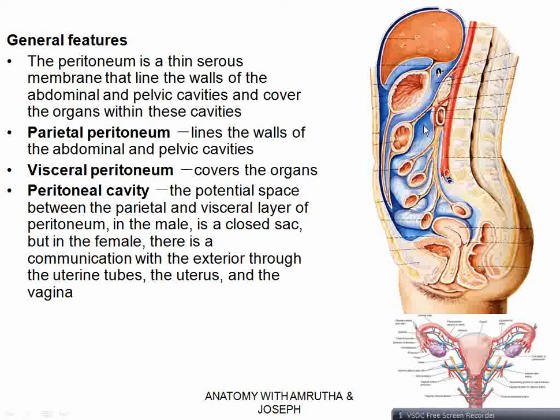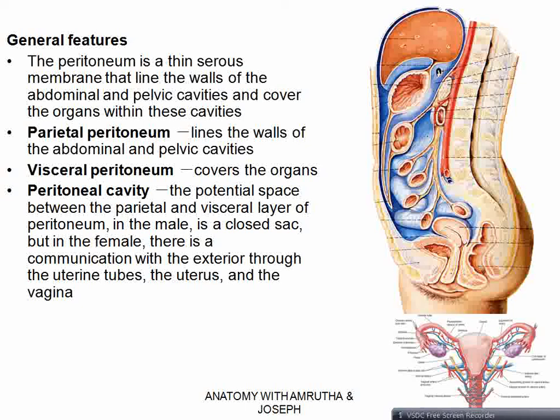Now, why I said it's complicated, because there are different organs which can be seen inside the abdomen and the pelvis. Not only that, their positions are different, and developmentally the intestines undergo a lot of twisting and rotations. So the peritoneum also has to undergo all those changes. So ultimately, in the adult, when we see here, it looks a little complicated, but let's make it more simple. So I think it's clear, the parietal and the visceral peritoneum and the peritoneal cavity.